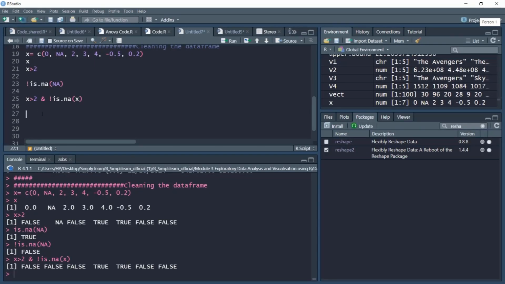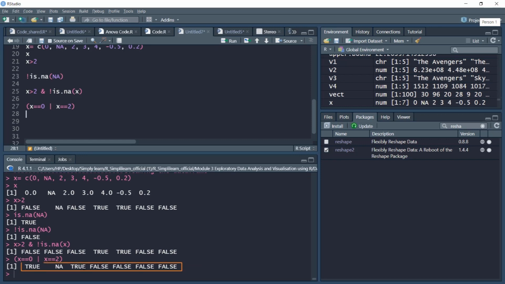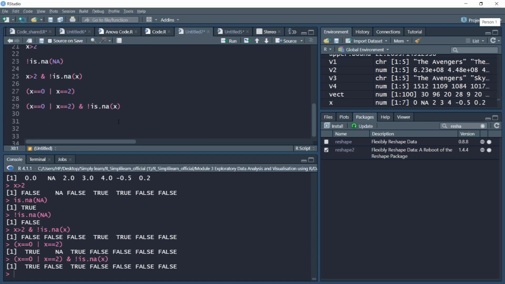Now let's say I wanted to check whether x is equal to 0, but also put another condition with the OR operator. With the OR operator, either one of them can be true, along with x equal to 2. If I run this, I get 7 TRUE or FALSE values including one NA, which we know is because the second observation is NA. To account for that NA observation, we will write an additional command, the same as AND with the exclamation mark and is.na, and this will account for that NA observation, and we'll get FALSE instead of NA.